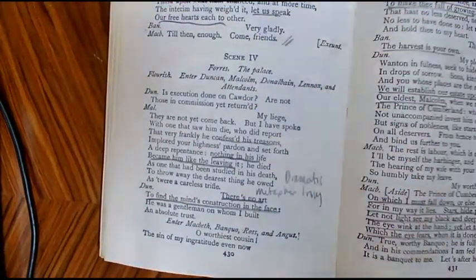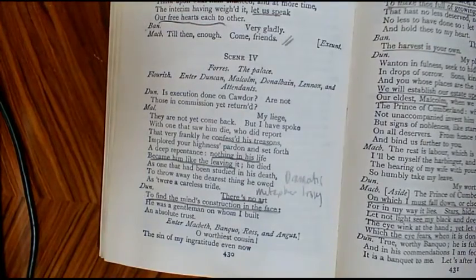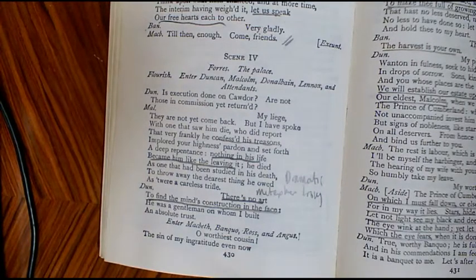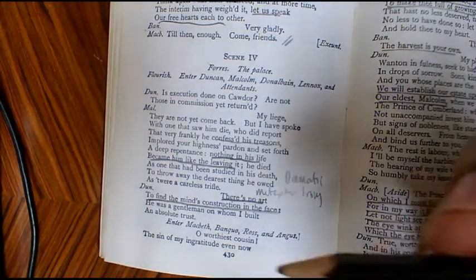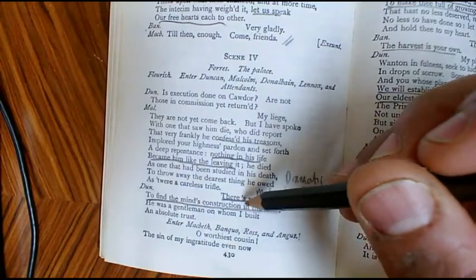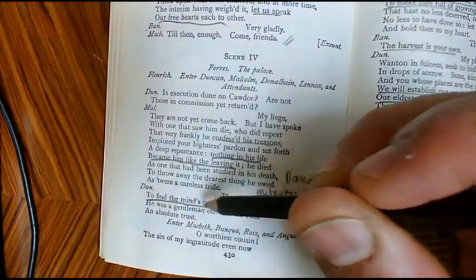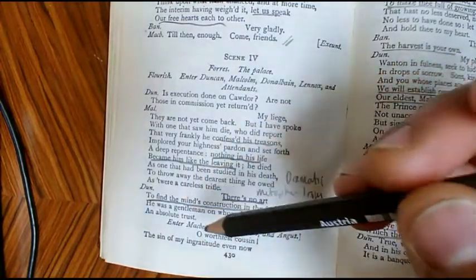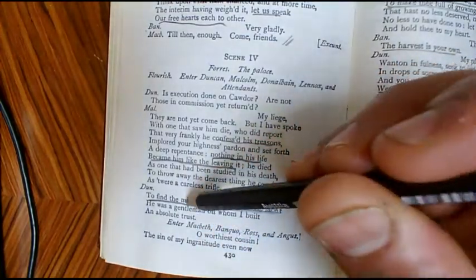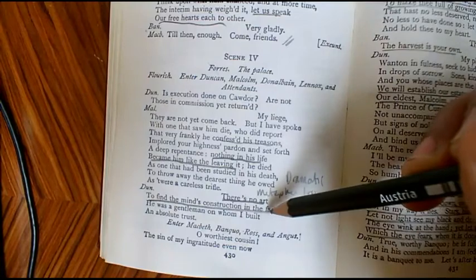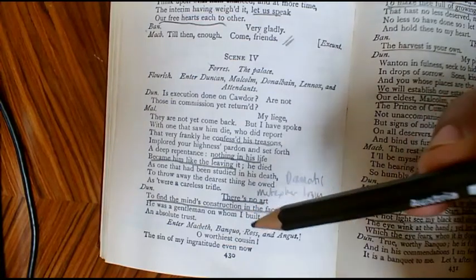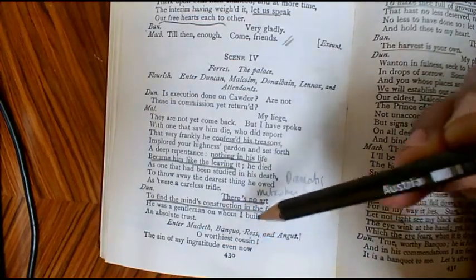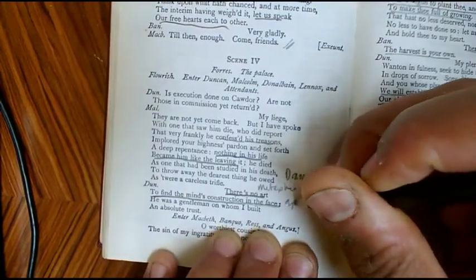But dramatic irony is when the audience is aware of something that the characters on stage do not have knowledge of. And in this case, we are aware of something that the character of Duncan is unaware of. He's talking about the Thane of Cawdor, and he says there's no art to find the mind's construction in the face. Essentially, he's saying metaphorically, you can't tell what someone is thinking, what kind of character they really are, by reading the face. Essentially, he's saying that looks and appearances are deceiving. So I'll put that in my notes. Appearances